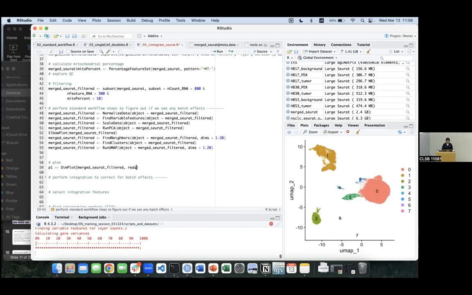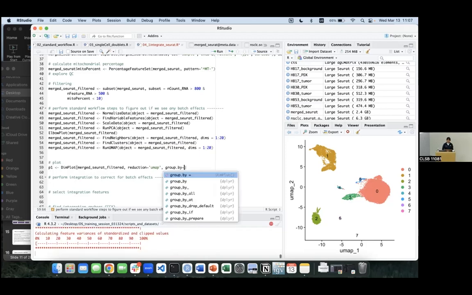And sometimes when you plot it, there's a parameter called reduction. You might want to perform different types of reduction throughout your analysis. So it's important to indicate whether it's UMAP or PCA type of reduction that you've done, so that the function would not confuse